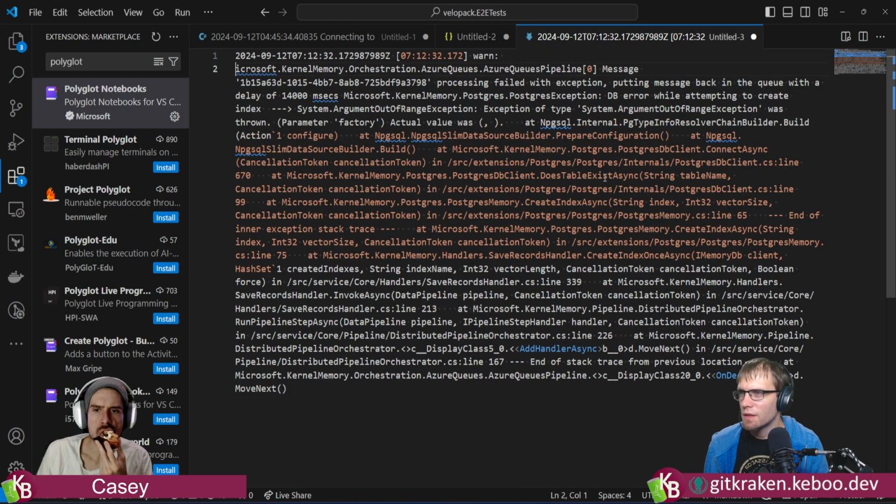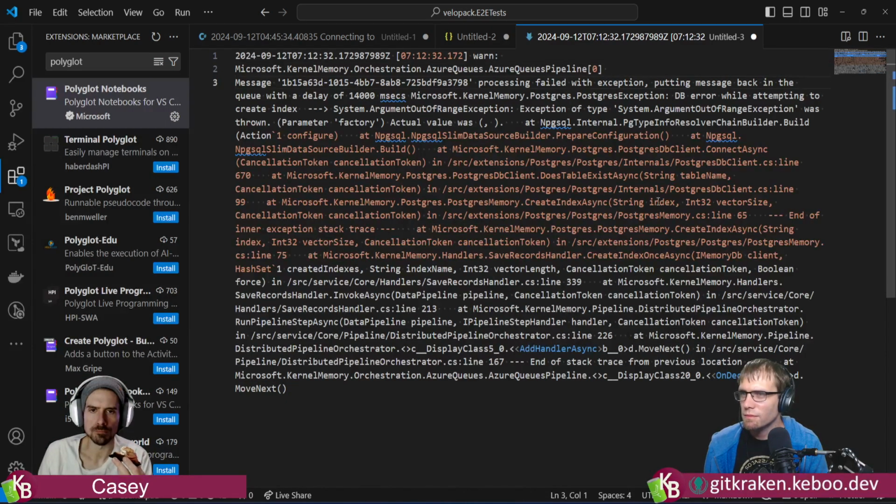Okay, let's see. Warn. Putting message. DB error alternate create index. Let's see here. Actual value. Postgres.